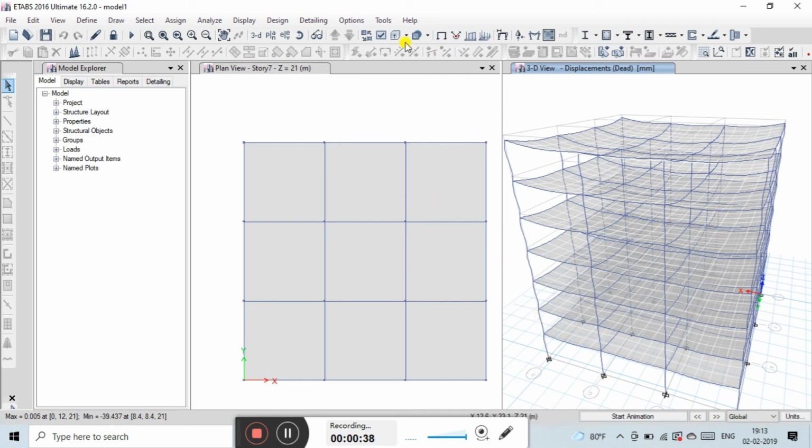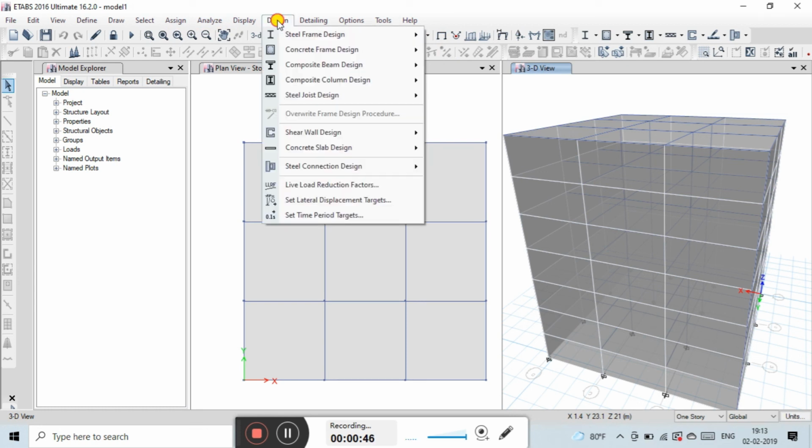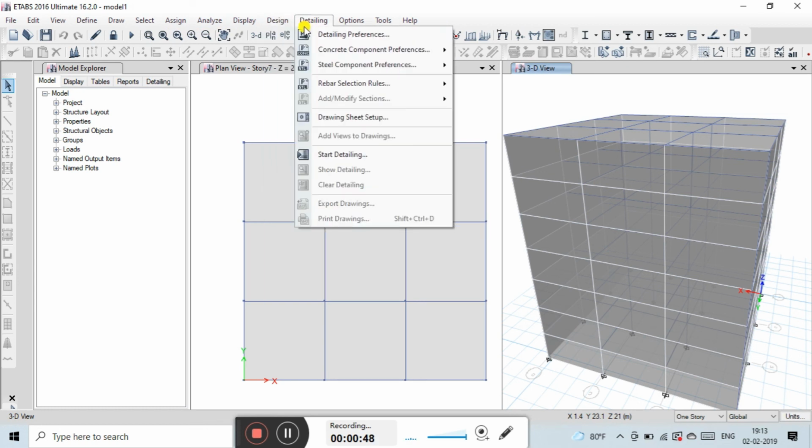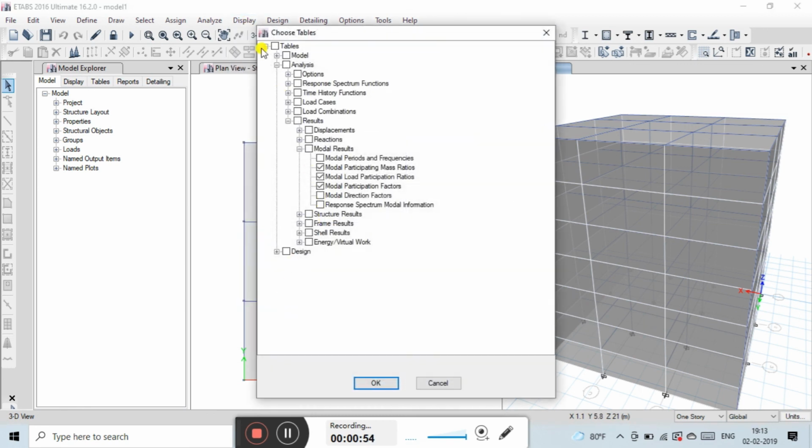By that time we will see, as I have told earlier, the modal participation mass ratio, whether it has given 90% or not according to the IS code. For that purpose, go to display option, go to show tables, and under the table just click the modal results. Under this modal result, we have to see modal participation mass ratio. Here it is.